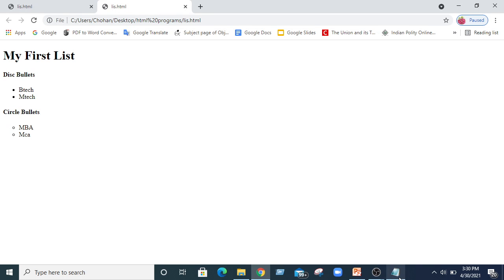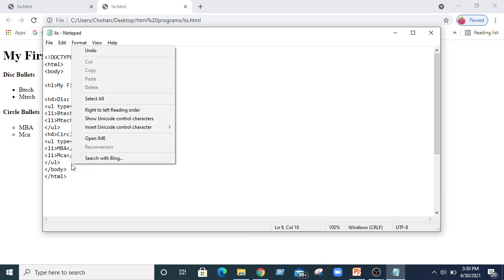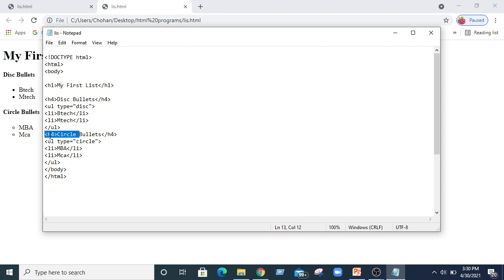Okay, now we can consider another type, that is the square type. I'm copying and pasting this program. Now we can go with the square bullets, type equal to square.